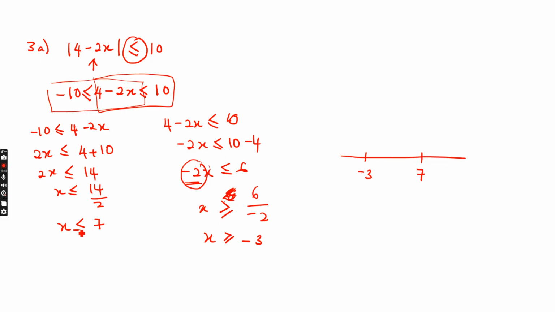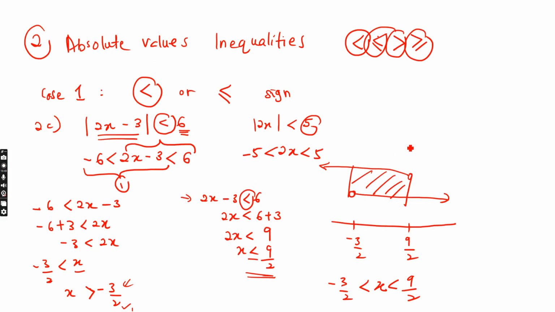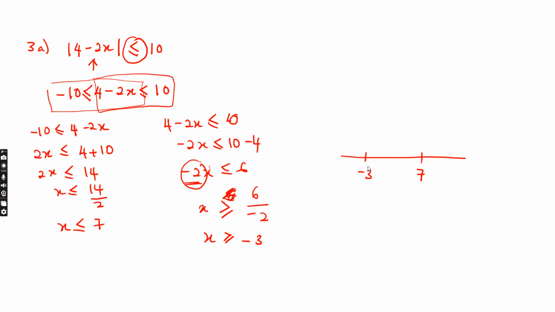And then if you see this symbol, we have equal sign, right? So for the previous one, we use a circle like this. But when we have equal sign, or less than or equal to, or greater than equal to, you need to use a black dot like this. Okay, so here the first one is we have x less than or equal to 7, so it should